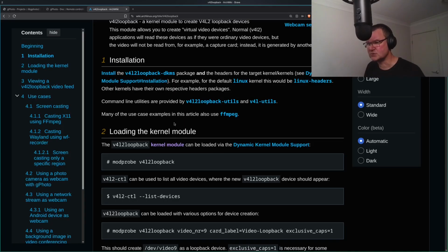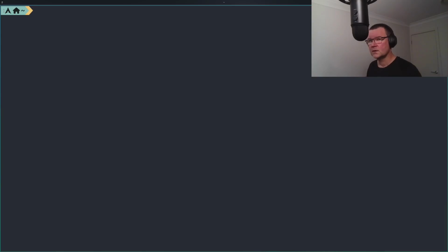So what I'm going to do off camera is I'm going to follow the installation steps for Arch Linux, and then I'll talk you through setting up that video stream from the camera. Okay, let's quickly look at the steps necessary to load the kernel module. So first of all, if we already have the module loaded, we can just unload it with